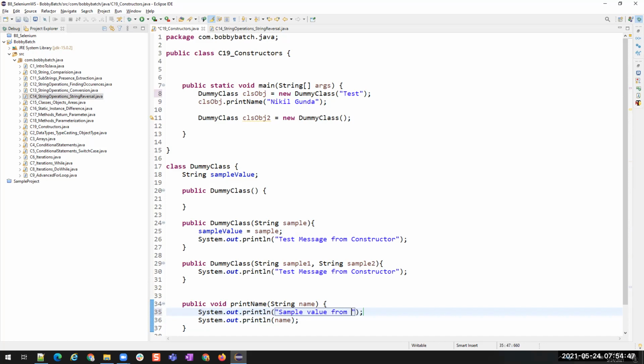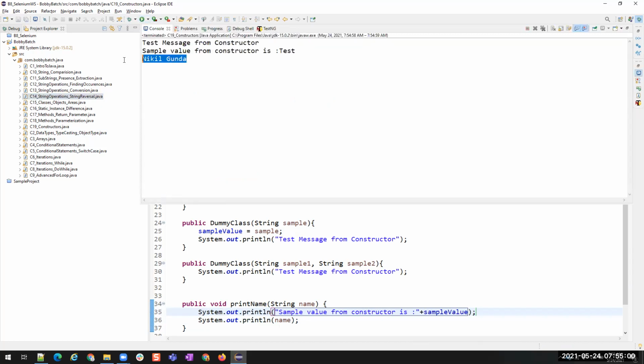Sample value from constructor is plus sample. Now you see, if I run it, sample value from constructor is test. Did we get it?